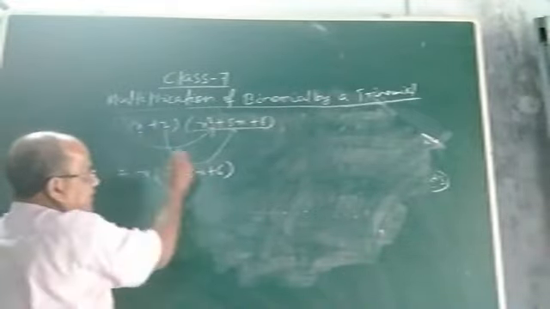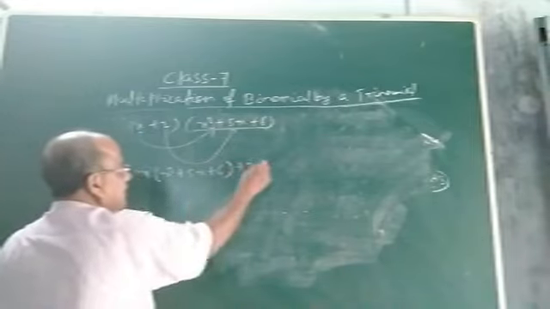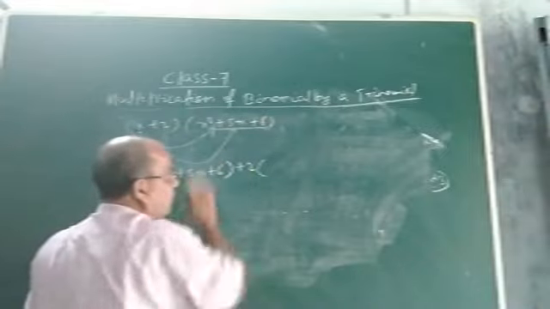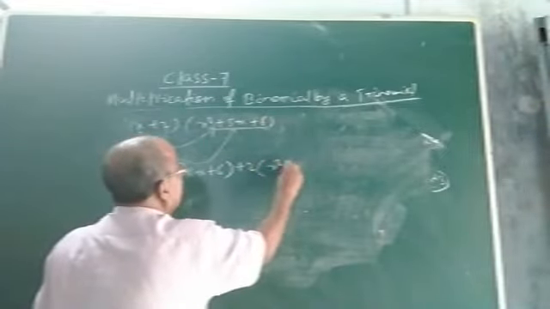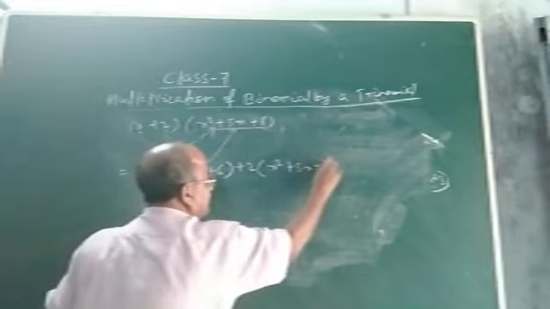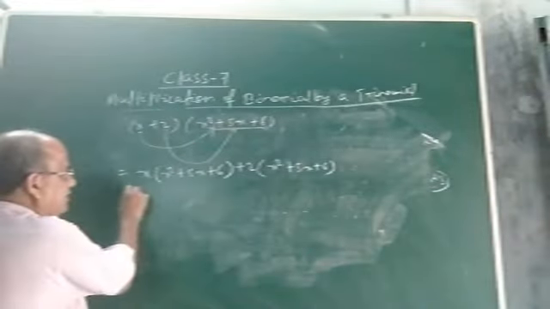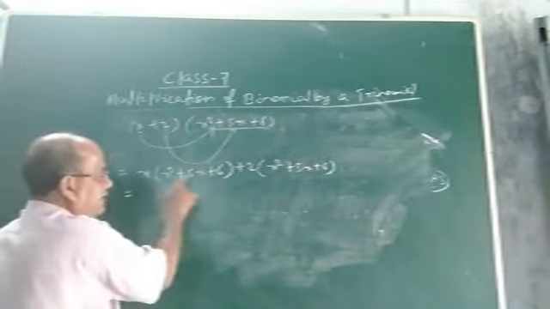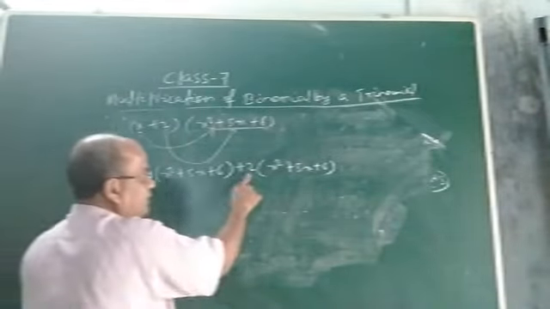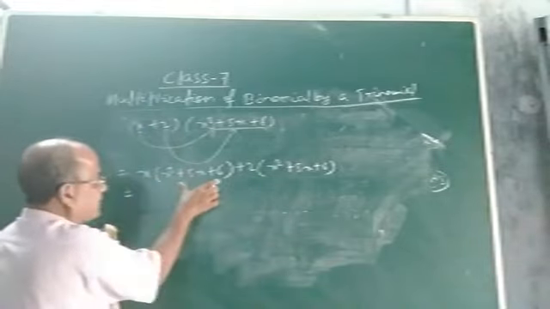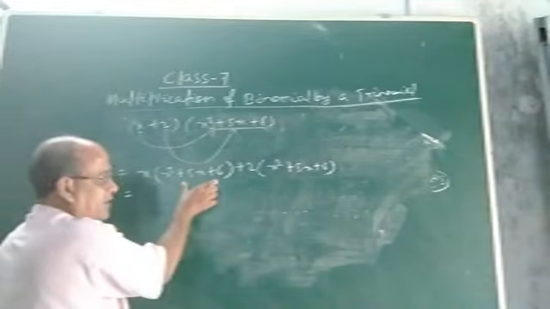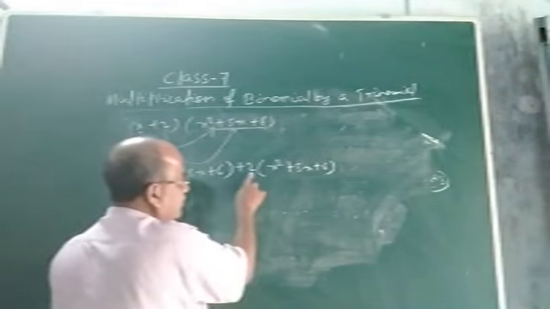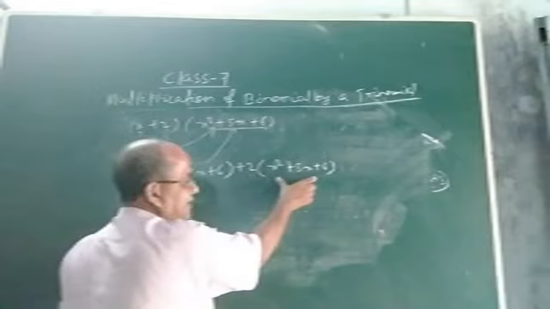Then what is the second term here? It is plus 2. So write down plus 2. Then again this plus 2, the second term of the first binomial, is to be multiplied by the whole trinomial. So what will I write? x square plus 5x plus 6. Okay. Now what to do? Now multiply x and x square, x and 5x, x and 6 along with their sign. Then multiply 2 and x square. That means find the product of x and this. This is a monomial, this is a trinomial. Multiply the product of this monomial and this trinomial. Multiply the product of this constant, which is a monomial, and this trinomial.